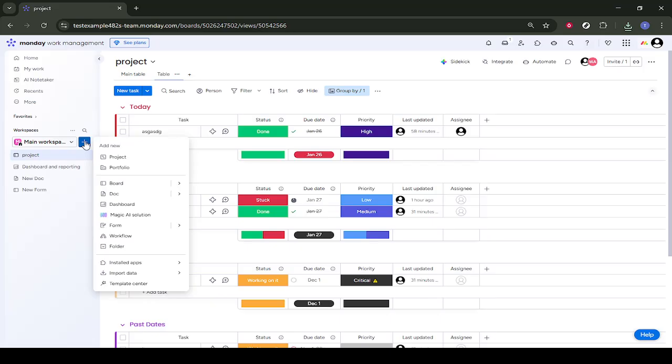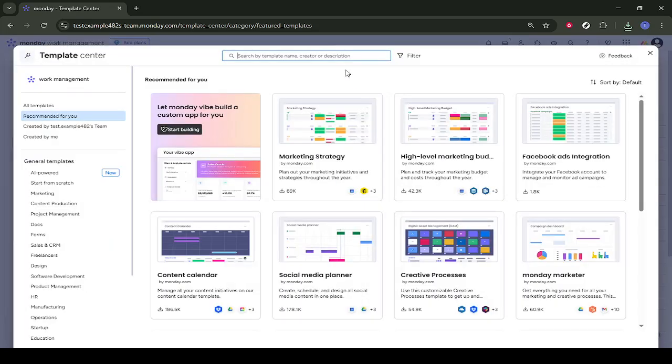This will open the Template Center, where you can browse pre-built boards that Monday.com provides for different use cases. In the template search bar, type in the highlighted keyword you see in your own interface. This helps narrow down the templates so you can quickly find the one designed for tracking attendance or something very close. When you see the relevant template appear in the results, click on it to open the details